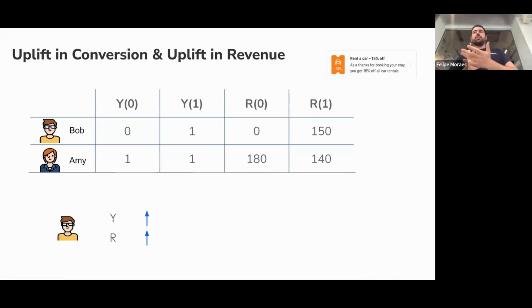In the case of Amy, she booked either way, right? And the revenue decreased because she decided to book another car with a discount, and the price was even lower. So in a sense, we lost some money out of doing this promotion. It doesn't have to be bad or good that Amy did this. Usually you have a budget that you are optimizing for, and you don't mind offering this to your users. You just don't want to overspend and go overboard and spend too much money.